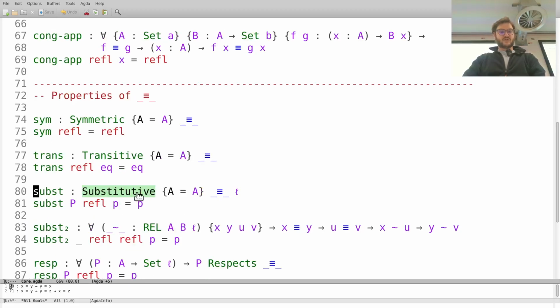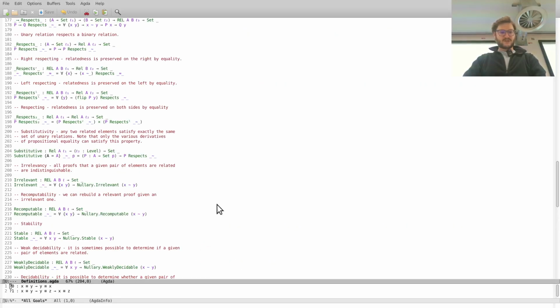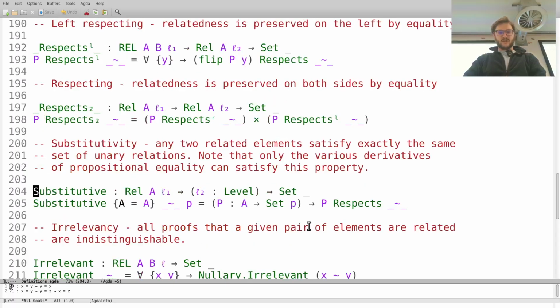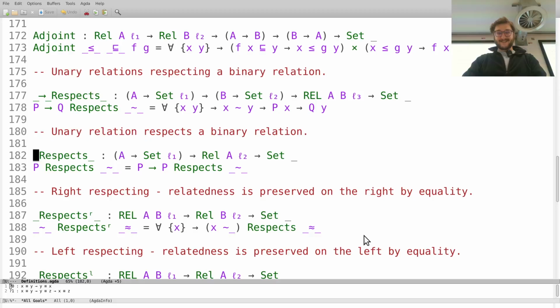So, of course, in the standard library, we use something else, so you can chase down the definitions. And we're saying that a relation is substitutive whenever, for any property, okay. Yes. If we have P,